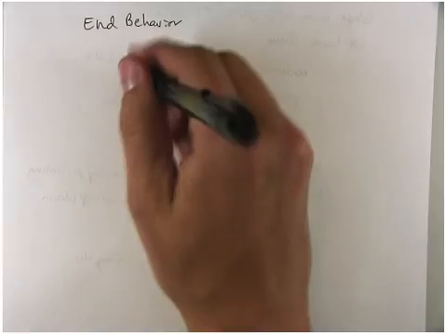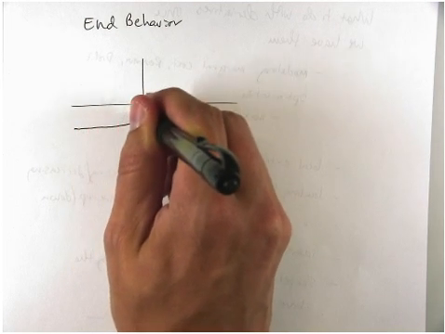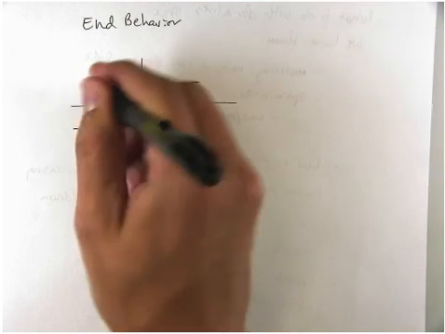And we can find when it's increasing, when it's decreasing, we can find when it's concave up, when it's concave down, we can locate any local extrema. But we might also want to know what's happening all the way to the right on this function. What's happening all the way to the left on this function? So, for instance, if a function were to do something like this,